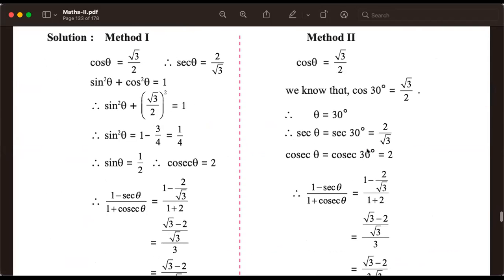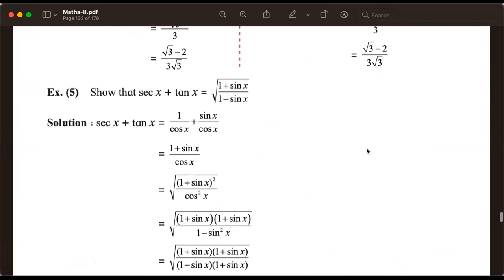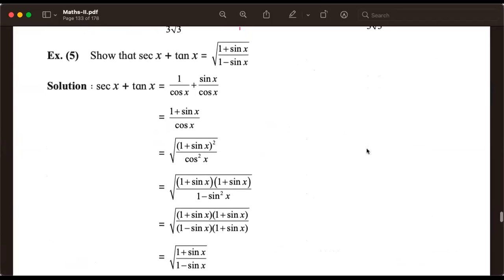We have solved all these questions, multiple methods, and we were reintroduced to these show and prove type of questions, where we can go from left hand side to right hand side. We can go from right hand side to left hand side. We can also start from both sides and come to a point in the middle.